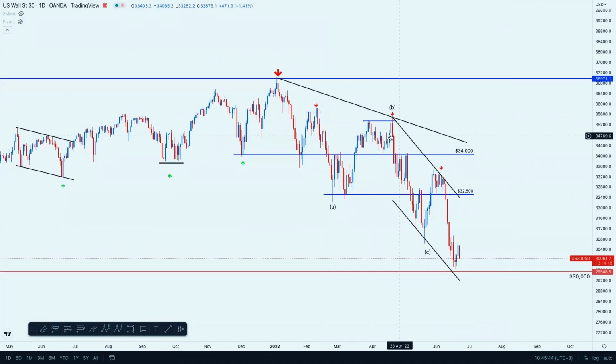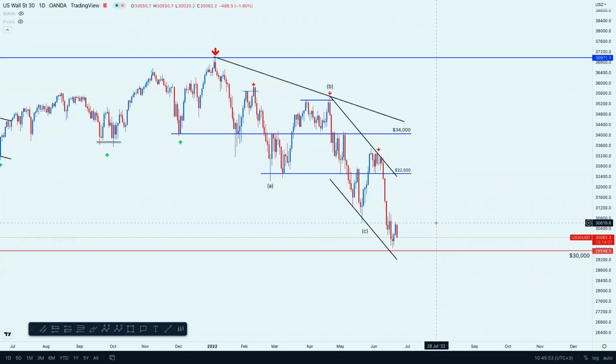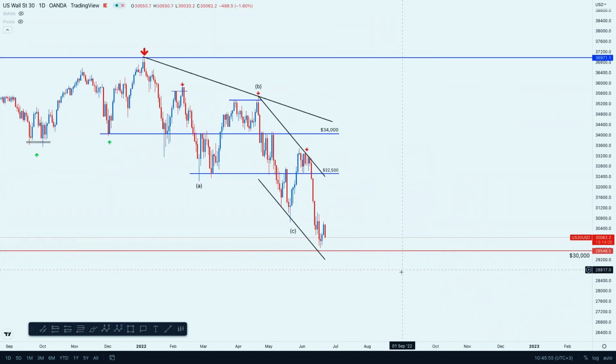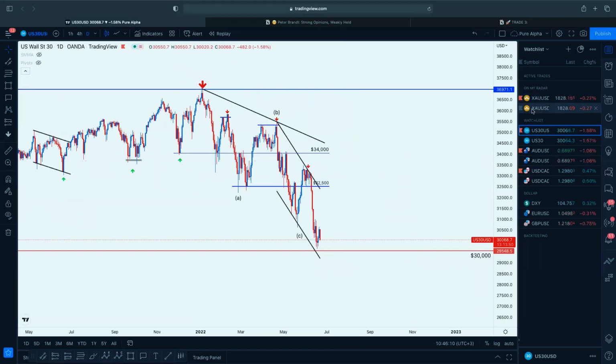You can see I've highlighted my lower lows, lower high, lower low, lower high, lower low, lower high. I always mark it with my arrows. And you can see the market has formed a new low. So I'm still watching this one. Let's see how this 30,000 level will be respected. It's more or less the 29,500, I just rounded it off, but you want to see how the market will respect that level. Will we get a break or will we move further up from this point? That's what I'm watching on this one.